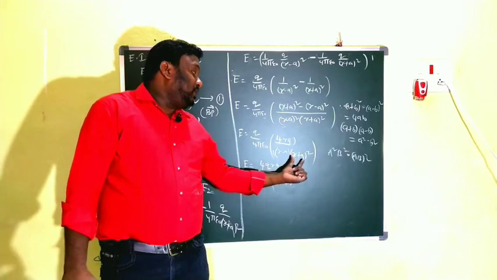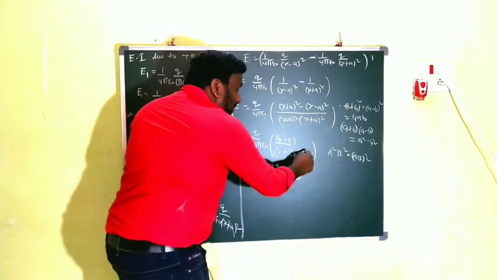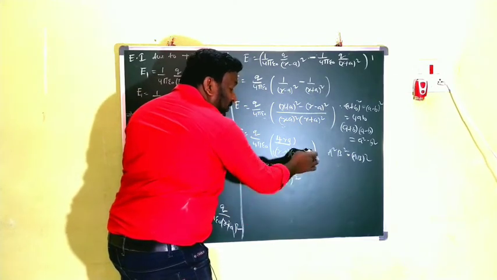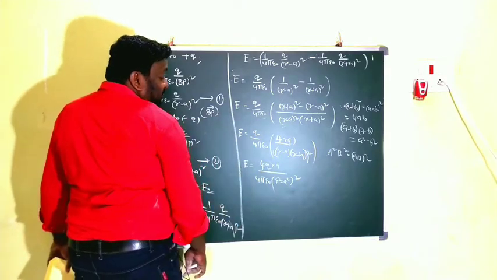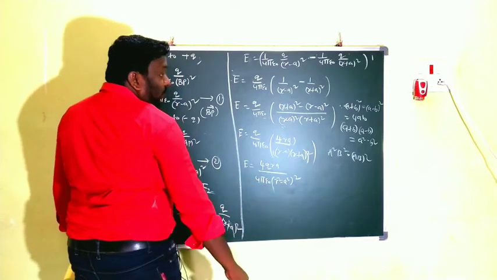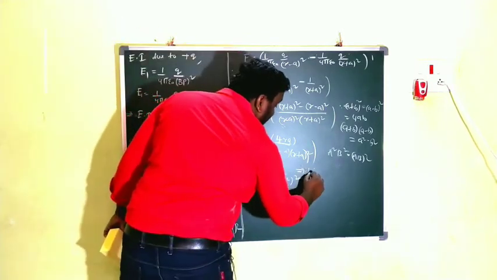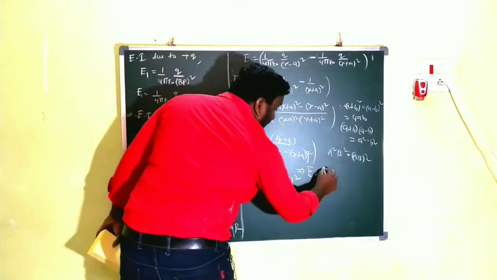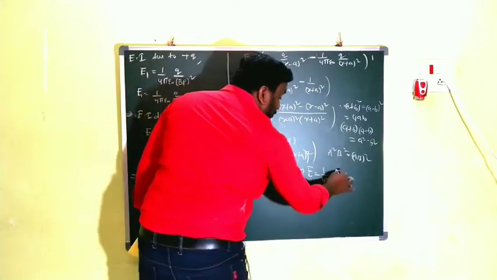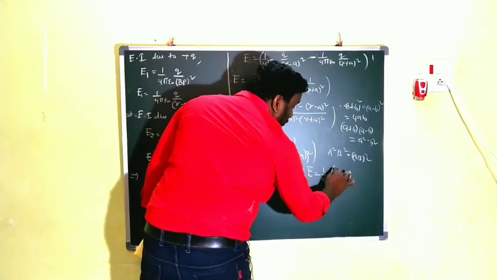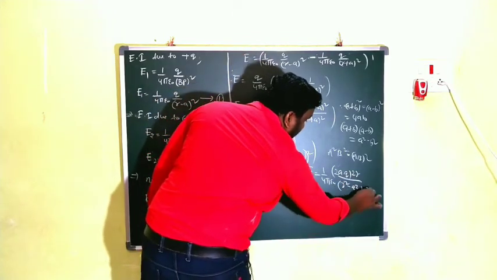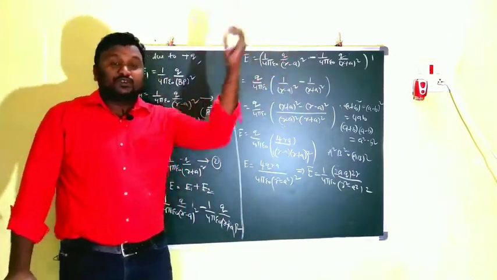So (r minus a) into (r plus a) means what? Already this is (a plus b) into (a minus b), that means a square minus b square, and the whole square is already there. That's why you write E is equal to 4aq into r by 4 pi epsilon into (r square minus a square) whole square. Then for our convenience, I am writing like this: 1 by 4 pi epsilon naught into 2a into q into 2r by (r square minus a square) whole square. Clear children? Watch carefully.